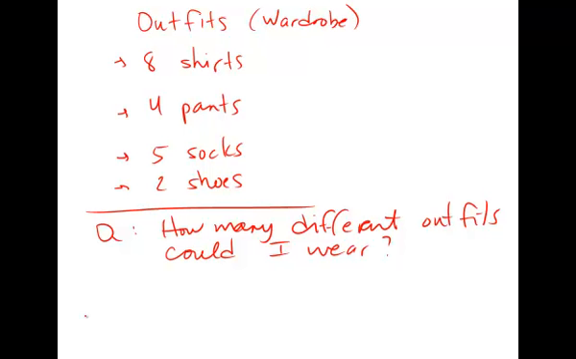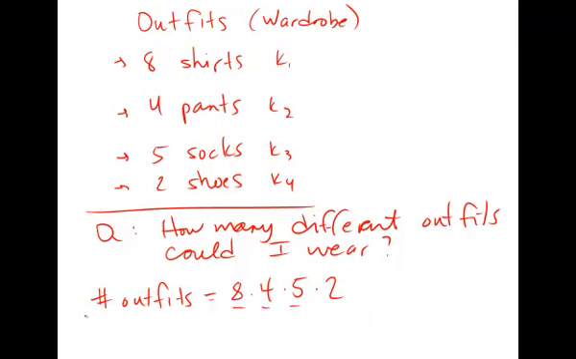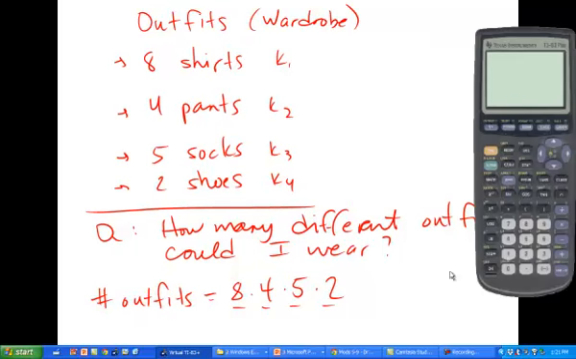So earlier we had talked about k1, k2, and so on. And the number of ways, or in this case the number of outfits, is simply the product of each of the kinds of things that I'm wearing. So shirts times pants times socks times shoes. So I would simply go 8 times 4 times 5 times 2,